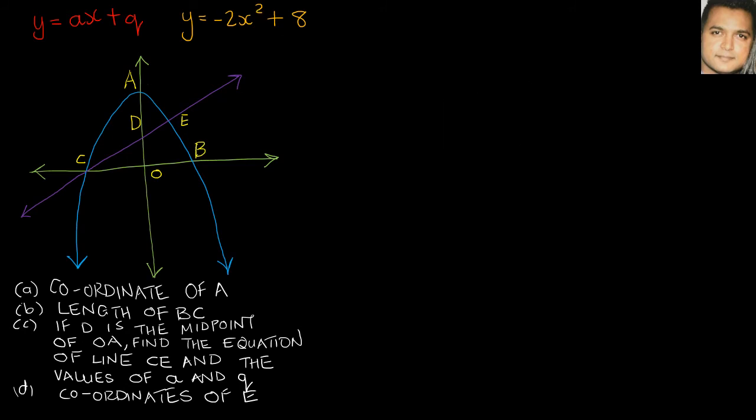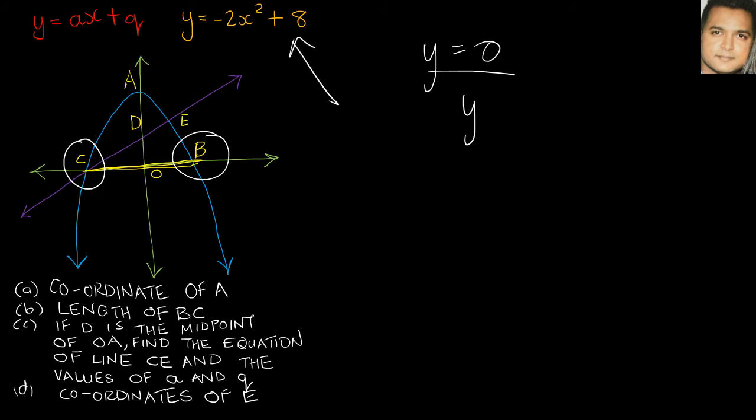Okay, so now we are asked to find the length of BC. So there's your length of BC here, right? And we know that those 2 points that are touching there are the intercepts for x. So we know when it comes to x-intercepts, we need to let y equal 0, using the equation. So we'll say y is equal to minus 2x squared plus 8, and 0 is equal to minus 2x squared